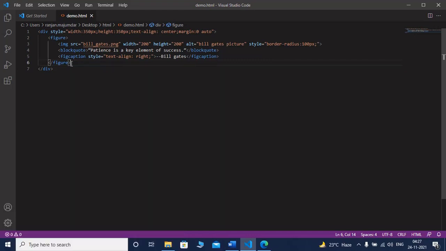An HTML user or a front-end developer can use different types of content within a div, because I have already said the div is basically used as a container which can hold or encapsulate multiple elements. A div can hold multiple divs or multiple elements.